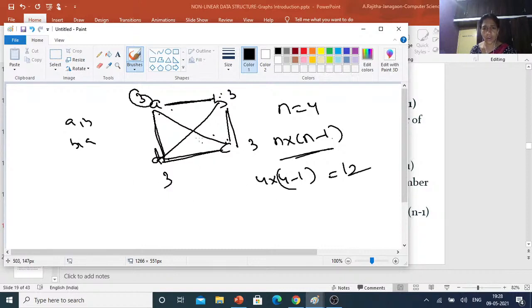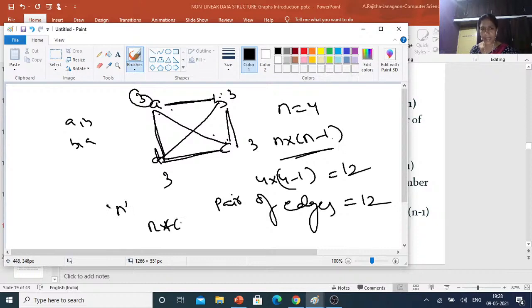So the possible pairs equal 12. That is, if it contains n vertices, the possible pairs are n into n minus 1. Okay, this is one point.